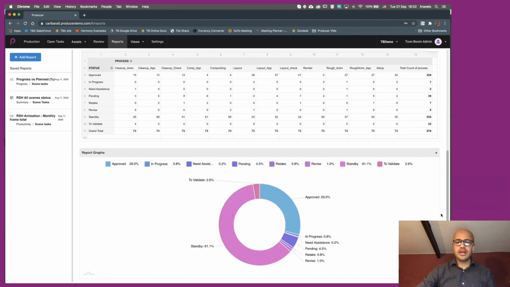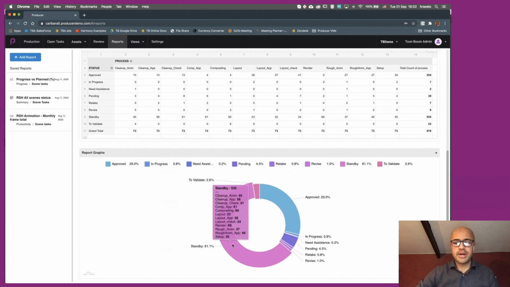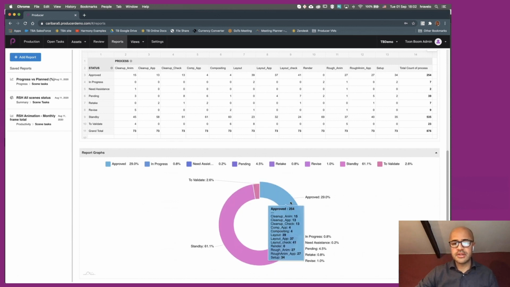And you can see that we now have a summary of how our production is going. And you can see, for example, that 61% of our scenes are still in standby. If you hover over it, you can see the details. 29% of them are approved, and so on and so forth.